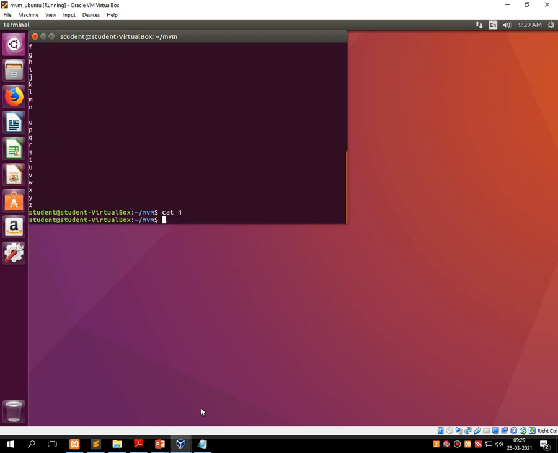In these 4 files, 1, 2, 3 contain some information and file number 4 is blank. This is the current situation.